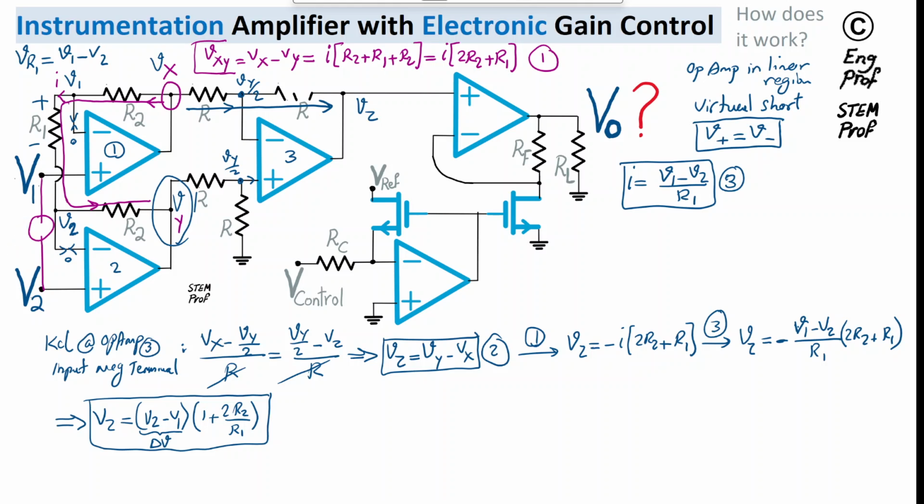With the notation that by delta V we mean V2 minus V1. We need to be careful about the polarity. Now, the benefit of this gain 2R2 over R1 that is controlled by these resistors R2 and R1 that we have in the circuit is because it's normally assumed